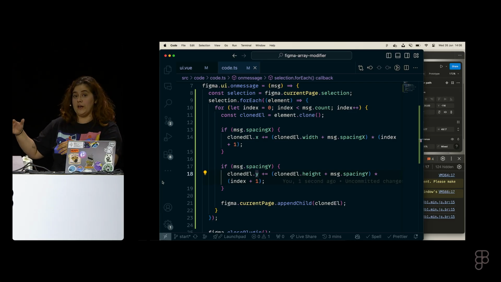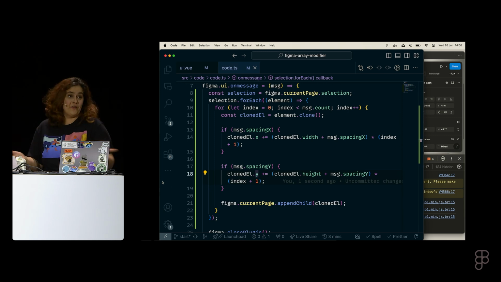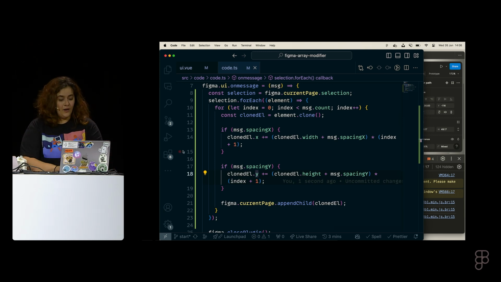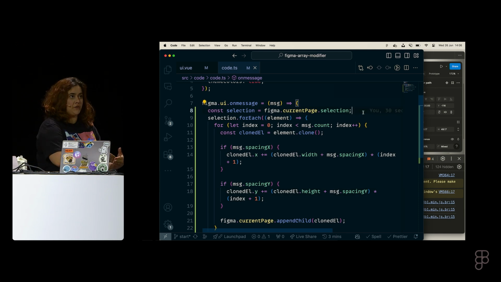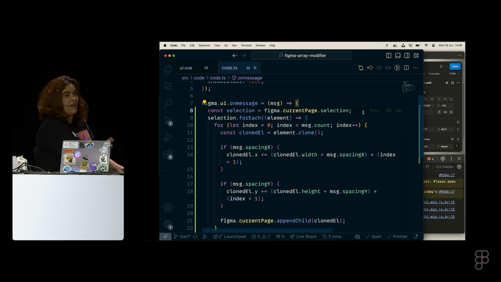Okay, so the last thing that I want to show you is that right now when I create it, you've noticed that I have to Command Z to go back because I have to select them all. What if they were just selected when you create them? That would be so helpful. Okay, so when I start this, what I want to do is basically say, for each element I create, I want to put them in an array and then add them to the selection. Okay, cool. How do we do that?